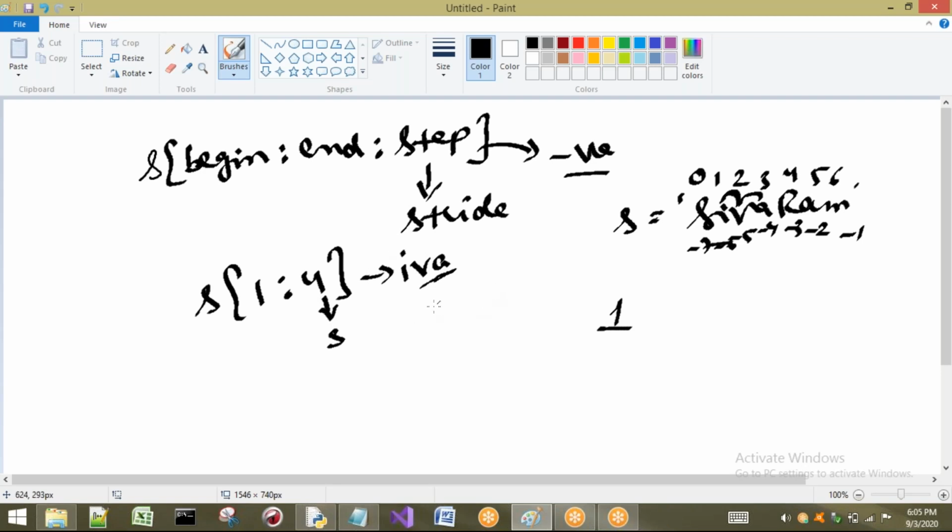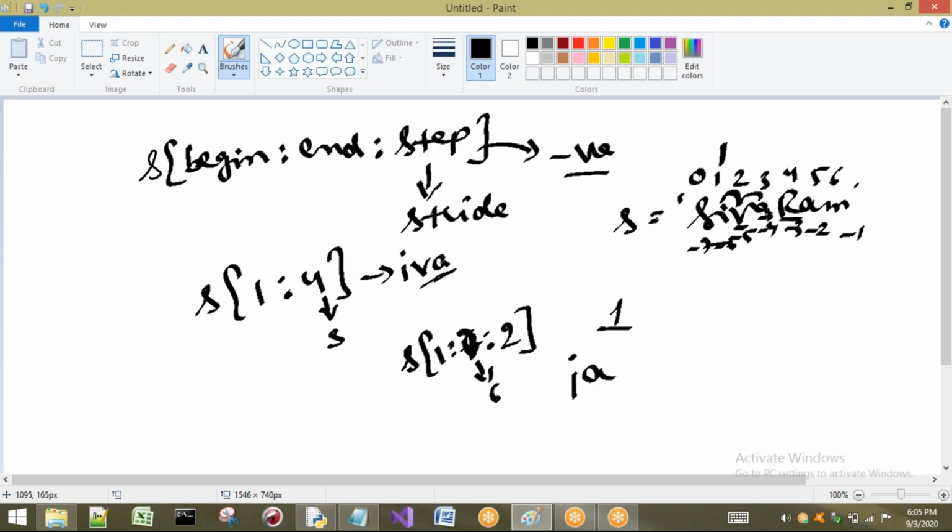Now if I don't want the default step, I want to change this step. That means 2, for example, and I will take up to, for example, 7 here. So 1 to 7 means it will consider only up to 6. From here I'm going to consider, first the value I. After that, this is one step, so here I'm not going to consider V. Next I'm going to consider A. So IA.